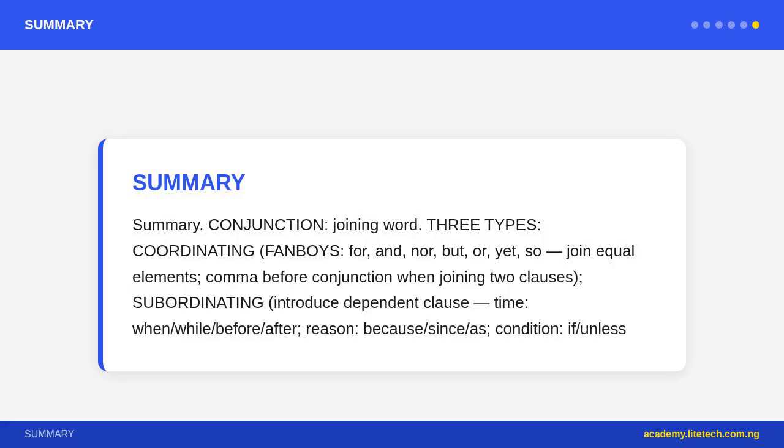Summary. Conjunction, joining word. 3 types. Coordinating, FANBOYS: for, and, nor, but, or, yet, so, join equal elements. Comma before conjunction when joining 2 clauses. Subordinating, introduce dependent clause: time, when / while / before / after; reason, because / since / as; condition, if / unless; contrast, although / though / even though; purpose, so that; result, so that; manner, as if. Correlative, pairs: both, and; either, or; neither, nor; not only, but also; verb agrees with